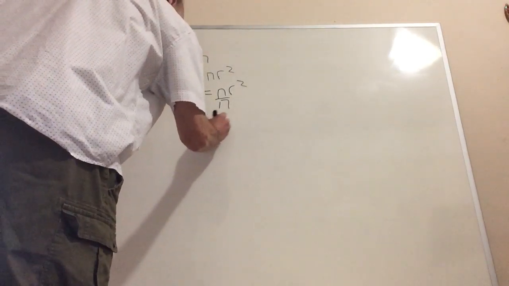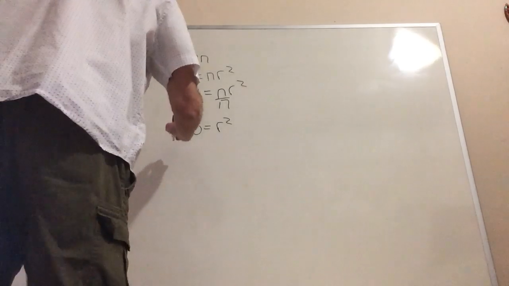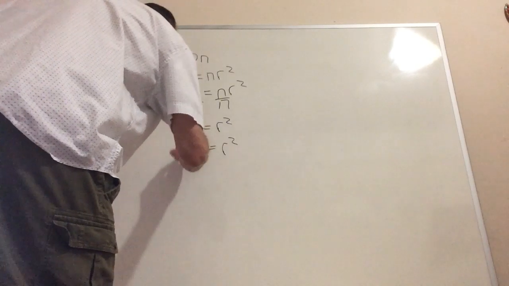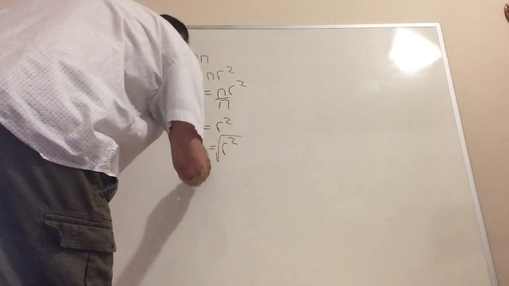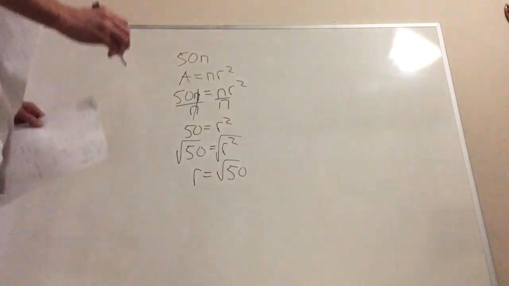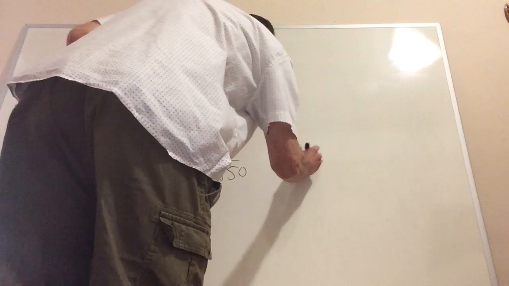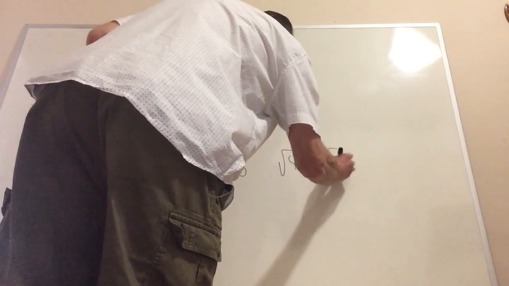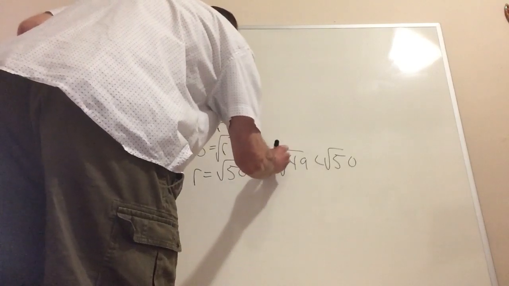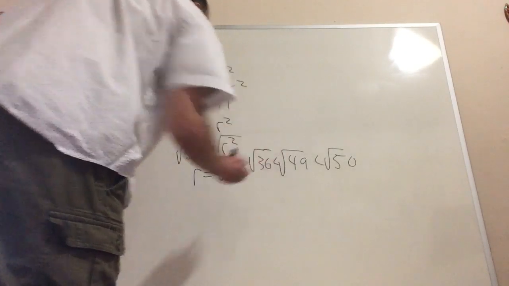50 equals r squared, but since 50 isn't a perfect square, when we put the hat on both sides, as we've talked about so many times, r would equal the square root of 50, and by the math we learned quite a while ago, it's between the perfect squares 49 and 36. So in this particular case, as been taught before, the